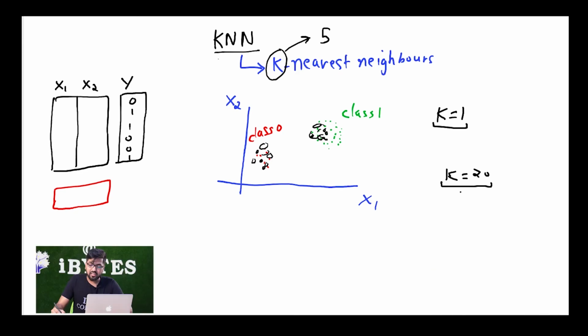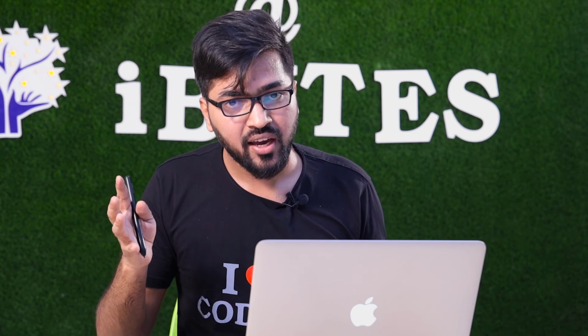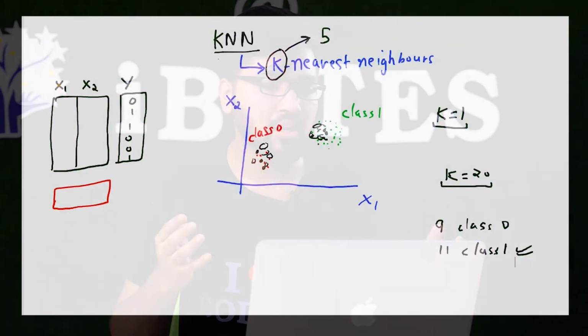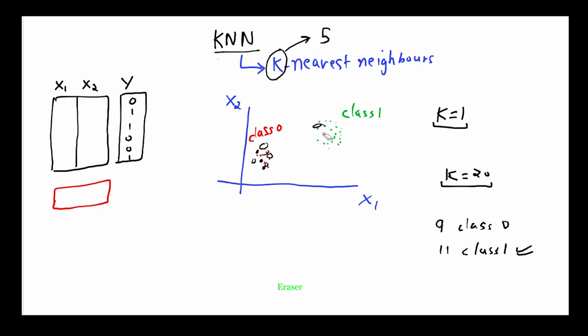So if I take k is equal to 20, 9 will belong to class 0 and 11 will belong to class 1, hence class 1 is going to be predicted, despite it clearly being class 0. This is the problem of taking k as very high. So we have to balance it between k is equal to 1 and k is equal to 20. In normal cases k is equal to 20 is not such a high value. It is only high here because we are taking very few data points, like only 9 points belonging to class 0. So we have to avoid taking k as very high and avoid taking k as low as 1. We should balance it out and choose an optimum value of k.